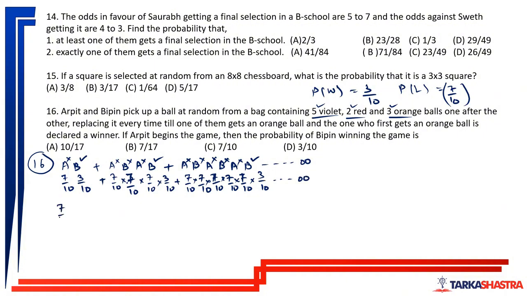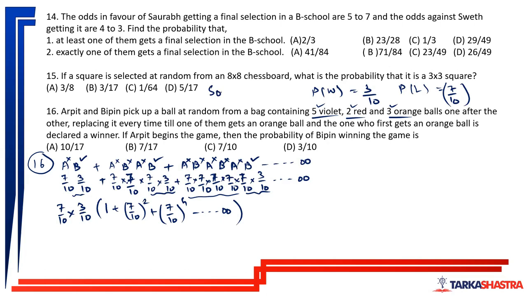So if I take 7 by 10 into 3 by 10 common, it will be 1. This term will give me 1. This term is common, so 7 by 10 square. This thing is common, so 7 by 10 to the power 4, up to infinity. Now, sum of infinite terms of